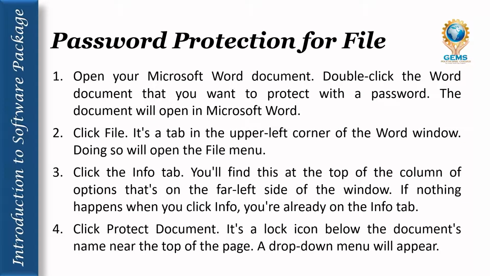Now we will see the password protection for file. Before going to the password protection, we will see what a file is. A file is nothing but a collection of data stored in one unit, identified by a file name. It can be a document, picture, or audio or video streams, or data library applications. These include text files such as Word documents or PDF, web pages, etc.